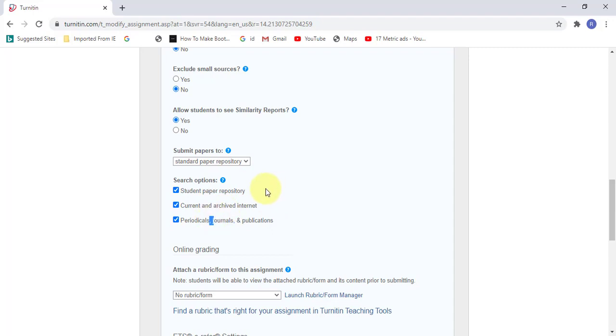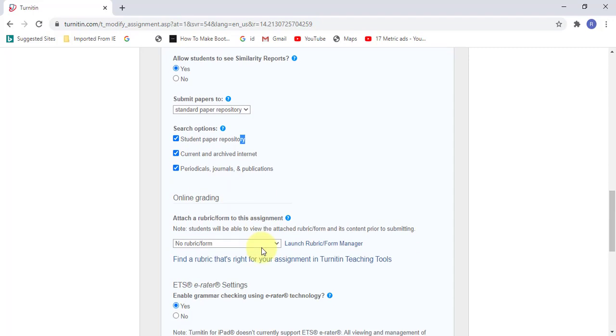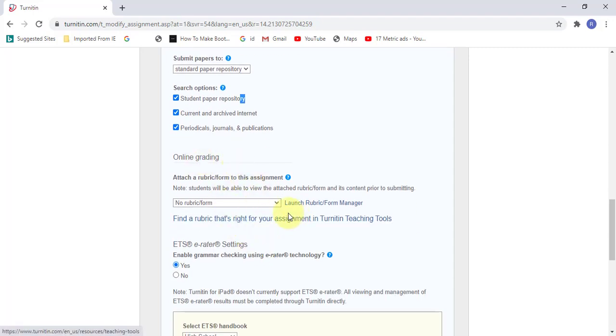Yes, we need all this. Okay, so finish on that part. So this is online grading. Most of the time I will not grade my paper using Turnitin because it's a little bit complicated. I recommend using Google Classroom because it's better, easier, and it also has a rubric over there